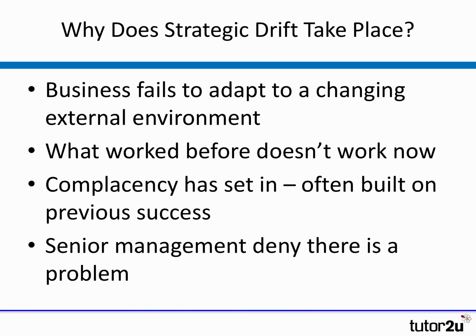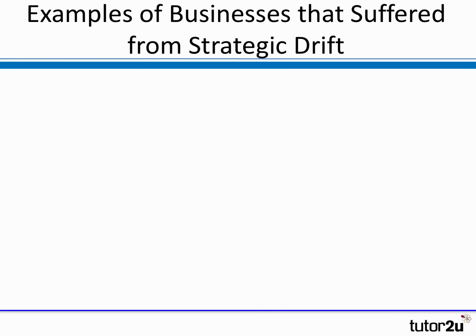Another reason why drift takes place is that complacency sets in. It's often said that a market leader, particularly dominant market leaders, believe they can do no wrong. Why shouldn't what has worked before continue to work? The management, the business, the senior team become complacent based around their confidence on previous success. And of course, there can also be a process of denial going on, where the senior management team simply deny that there's a problem, or their measurement systems, their radar, isn't sufficiently tuned to spot these significant changes in the external environment. So let's just look at 2 or 3 examples of strategic drift just to help illustrate this concept.